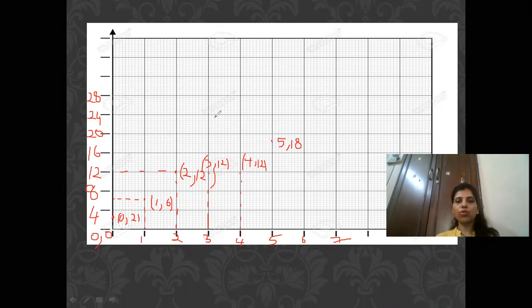So I'm just going to draw it from here. So here you write 6, comma 22. And then 7 is 24. So here it will be 7 and 24. Okay. So I hope now all the points you have plotted properly. Write down the scale. So write down the scale in the right side corner.